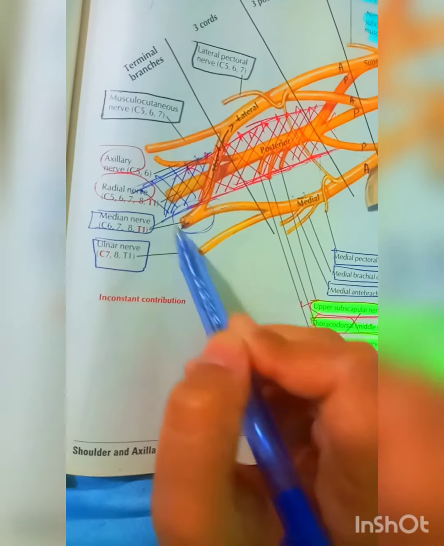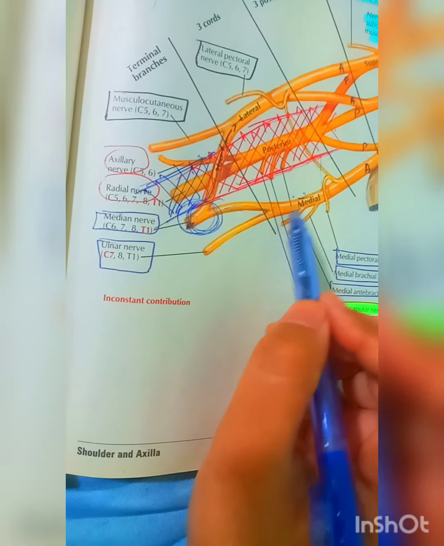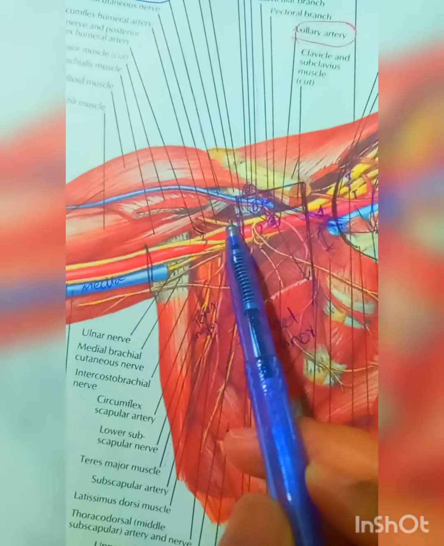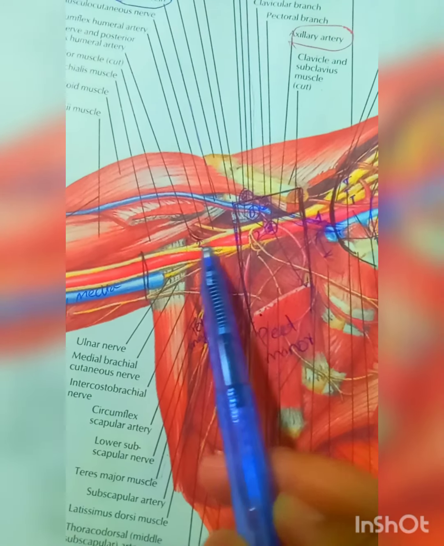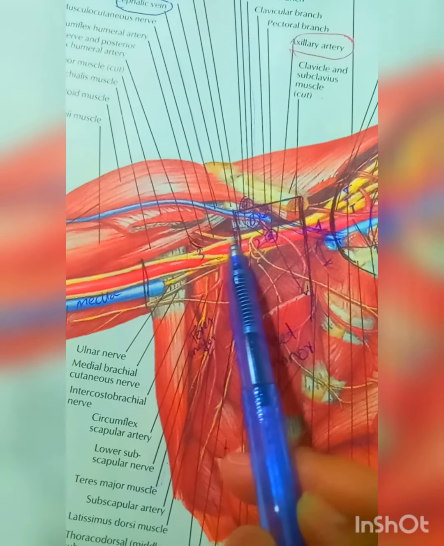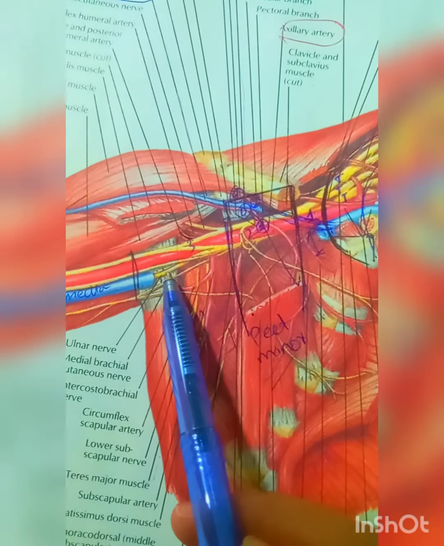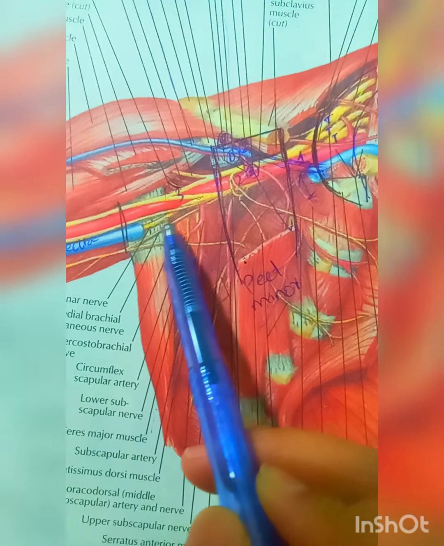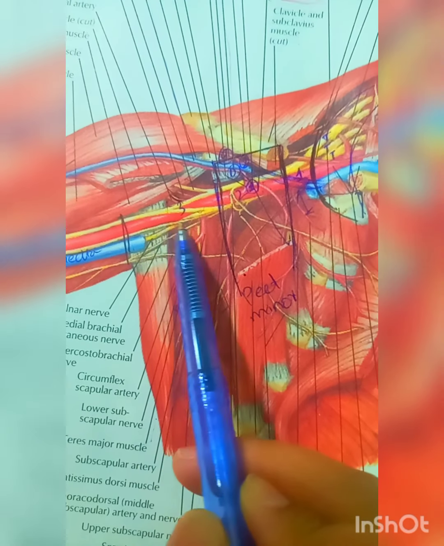So the lateral cord gives the lateral root, the medial cord gives the medial root. So the median nerve is formed by the combination of two roots, the lateral root which comes from the lateral cord of the brachial plexus and the medial root which comes from the medial cord of the brachial plexus. So in the third part, laterally, first the musculocutaneous nerve is present, which originates from the lateral cord, and second the lateral root of the lateral cord of the brachial plexus. Now medially the ulnar nerve is present. This is the ulnar nerve, guys. Medially the ulnar nerve is present, and this is a small nerve, the medial cutaneous nerve of the arm.